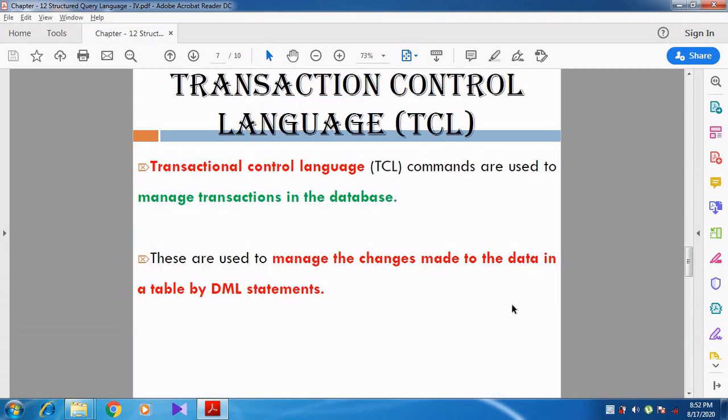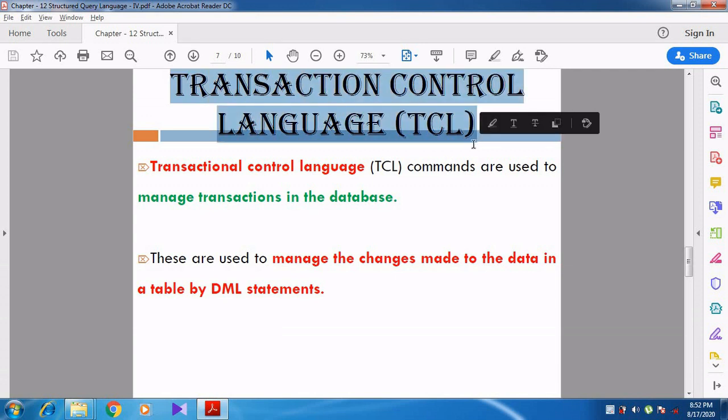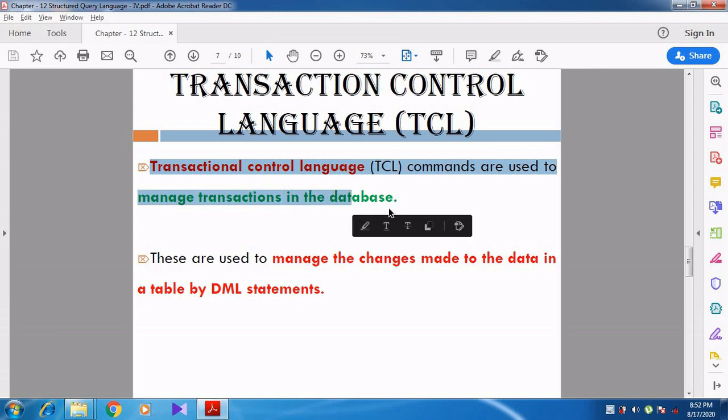Then we can look at the transaction control language, TCL. Transaction control language is used to manage transactions in the database, that is, the changes made in the database table.